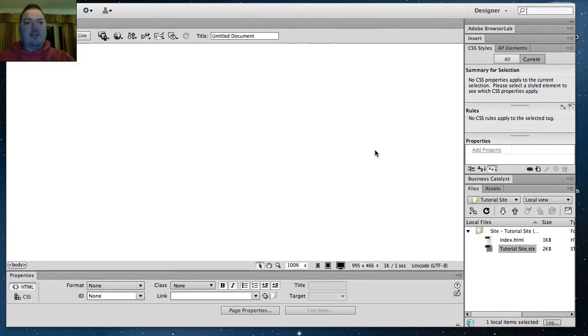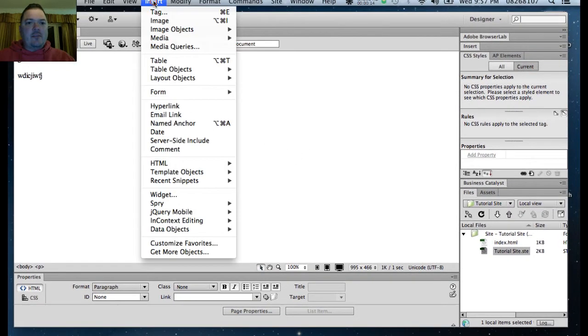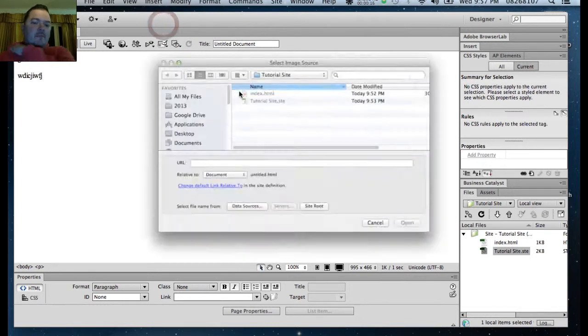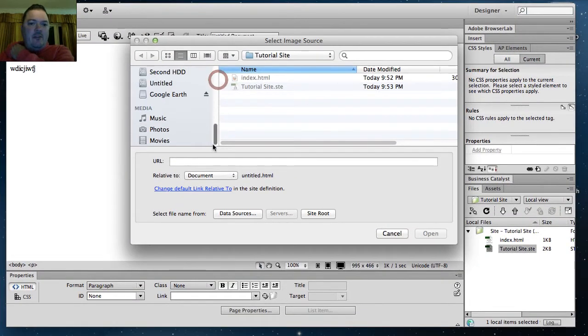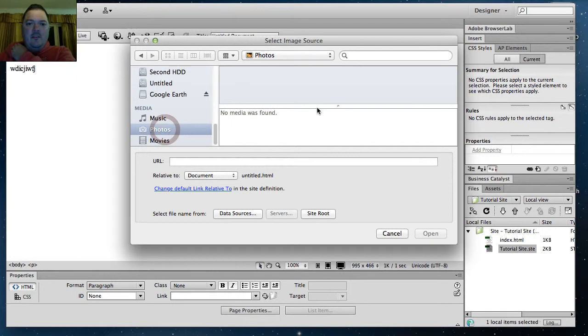Okay, now we're going to actually create some content on our page, and one of the easy ways to do that for students is to use tables for layout, because if you just type text and insert images on a web page, it's going to insert an image. I'll find an image here, which you can get from anywhere. I'll just go to my photos here, and